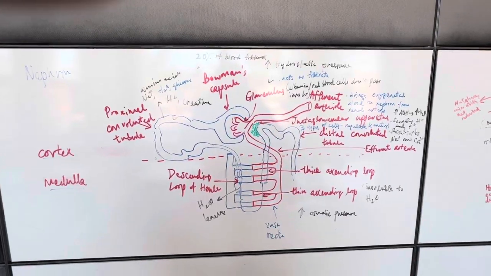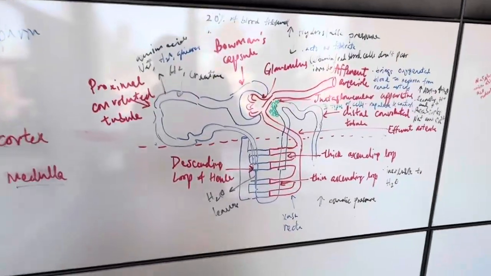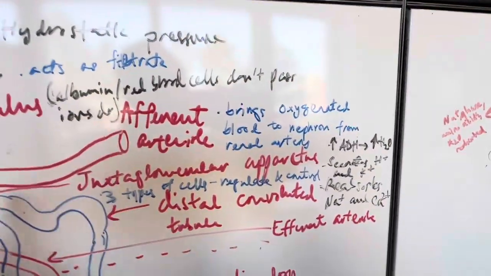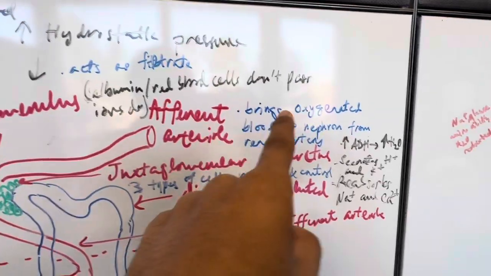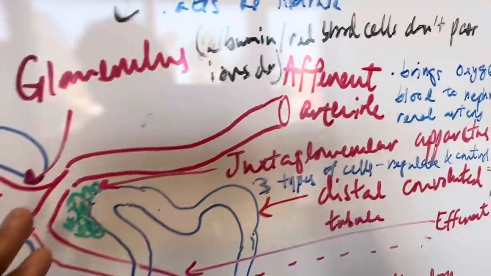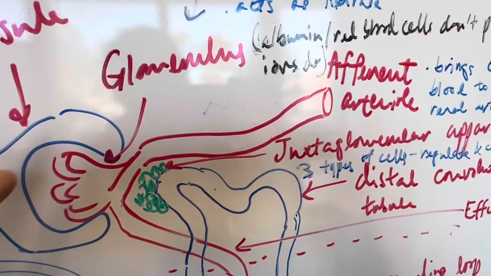So today we will be going over the function of the nephron. So let's start over here at the afferent arteriole, which brings in the oxygenated and nutrient-filled blood from the renal arteries to the nephron. So as the blood goes through the afferent arteriole, it comes to the glomerulus, which acts